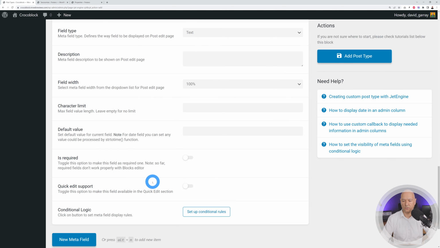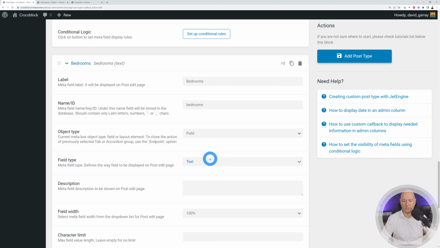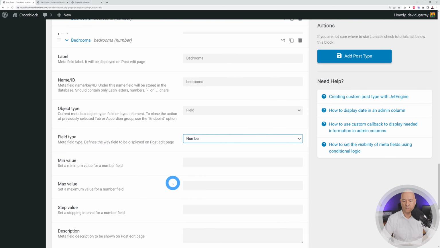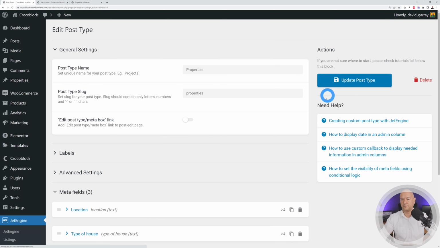So this is text again, maybe bedrooms. Okay, so need to know how many bedrooms there are. So this one will be number, and we're just gonna save it like this for now, okay? So let's add post type. Very good. And as you can see now on the left hand side in our menu section, we have a